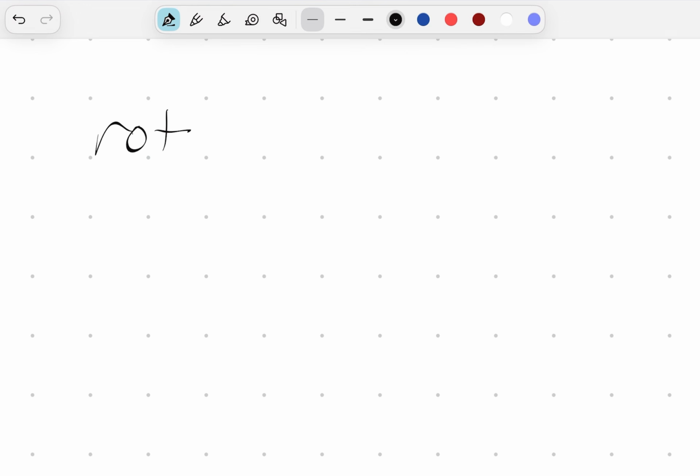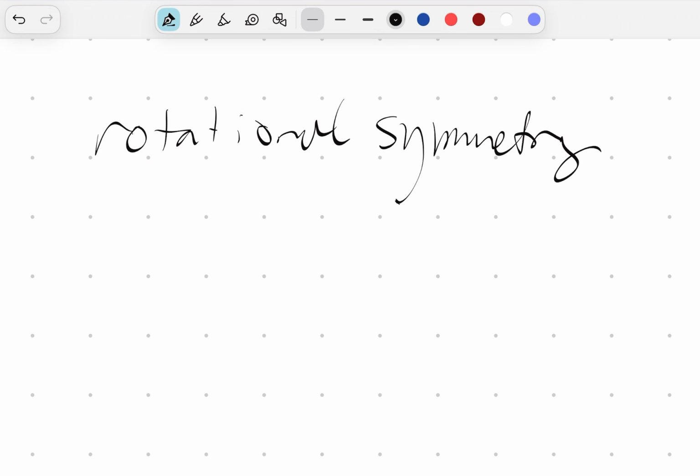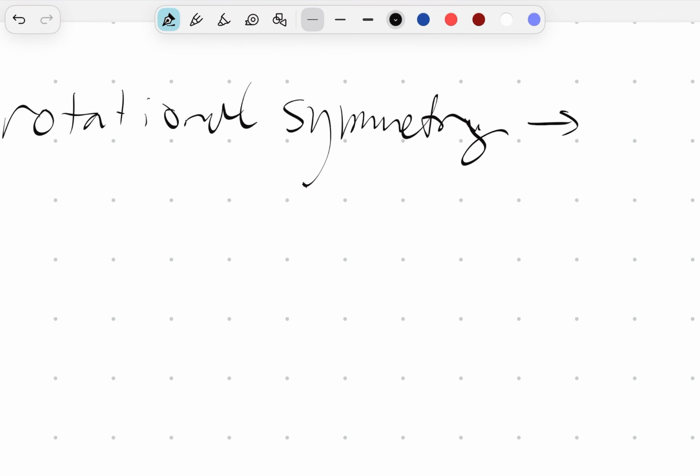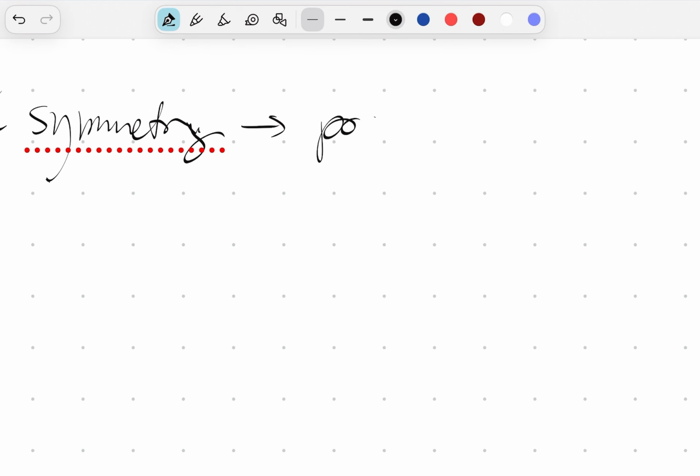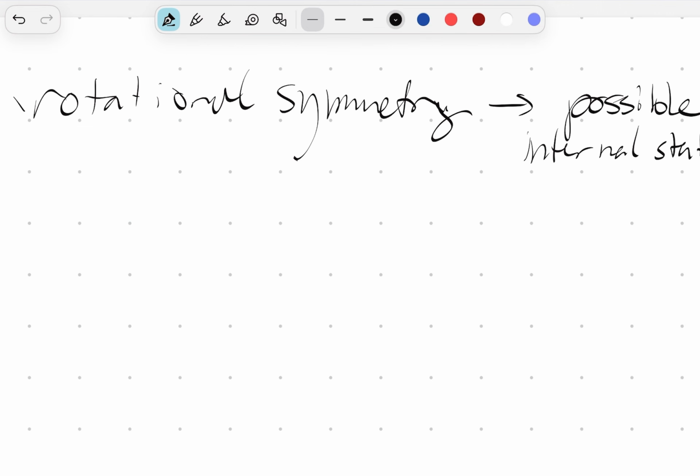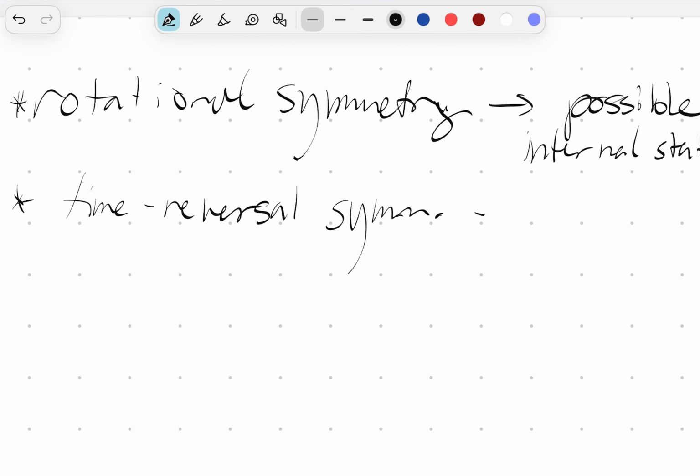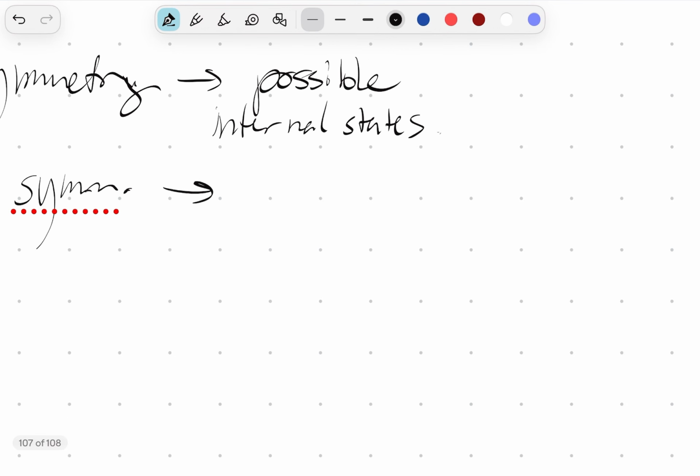So we'll think about rotational symmetry playing the role of determining the possible internal states. Okay? And then we'll show all of these. The next one we're going to show is time reversal symmetry. And what time reversal symmetry is going to show us is